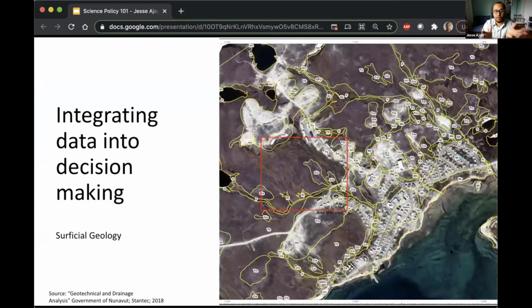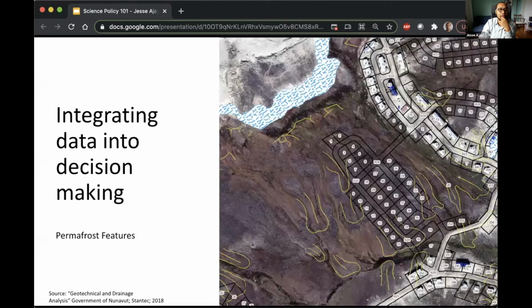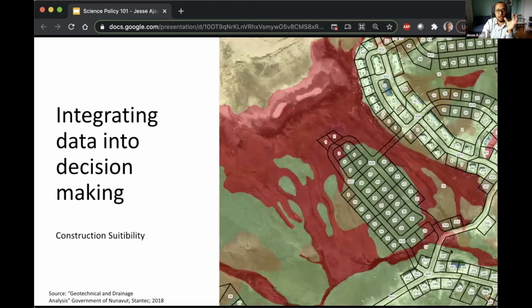And so what were we talking about? We're talking about hazard mapping. We're talking about environmental hazards. We're talking about permafrost degradation. I thought I'd just throw up an example where there's a community planning attempt at designing and locating a new subdivision. I think this is an example from Clyde River in Nunavut. And so we're looking at surficial geology, and so there's some mapping around that. We're looking at permafrost features, and so these are some ice formations. And then we clarify a little bit further what all of the data is telling us.